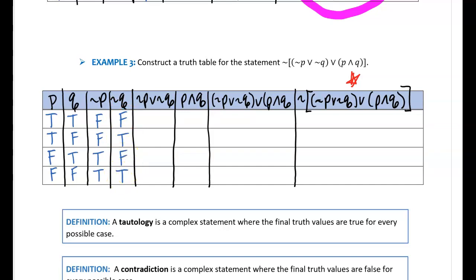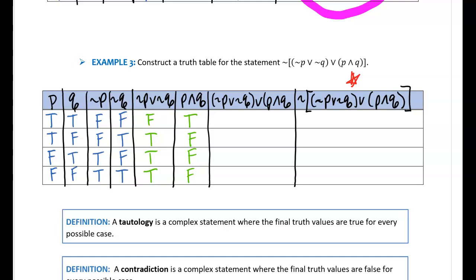Now I need to find not P or not Q, which has truth values of false, true, true, true. I need to find the truth values of P and Q, which are true, false, false, false.